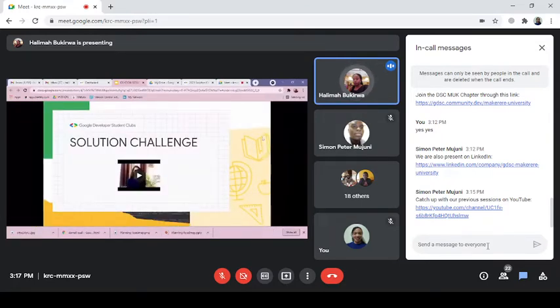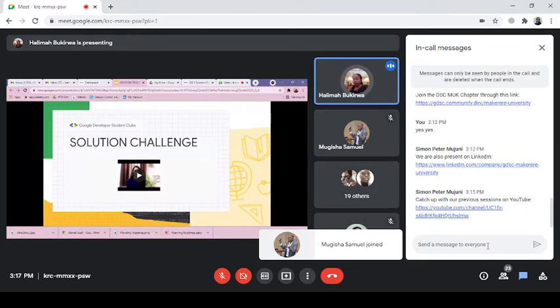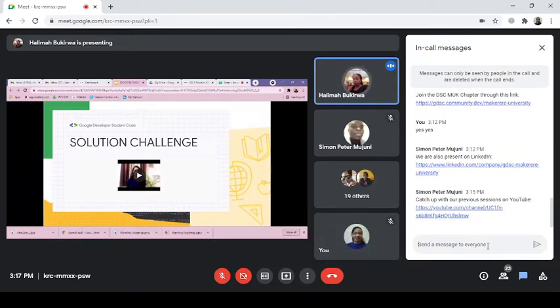So what we're going to be doing in the next coming weeks is that we're going to be allowing you guys to form groups. You're going to come up with your groups, and so we're going to share with you a form where you're going to register your group, the idea that you're going to be working on, so that we can assign you a mentor to start working on your projects as soon as possible. So yeah, I hope you've learned something from this video.